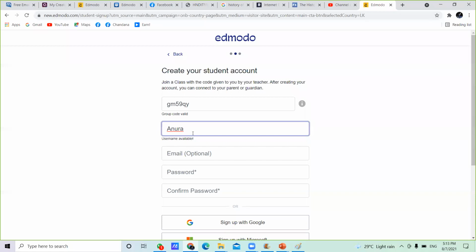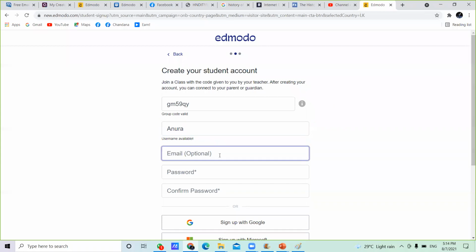Normally, when you are giving names, it gives the message "already taken." Therefore, change the name a little bit. You can add some special symbols or numbers at the end of the name and check it. Then once you get the message "username available," it is okay. Now you can move to the next part.